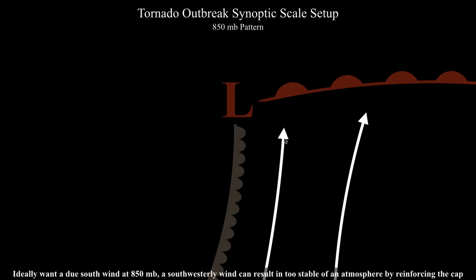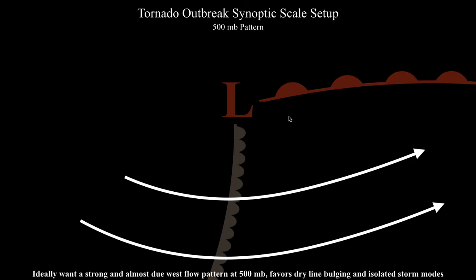So that's ideally why you want a due south 850 millibar wind as opposed to a southwesterly 850 millibar wind direction. And then at 500 millibars, ideally you want something that's either due west or maybe west southwesterly. And if you get especially a strong flow pattern at 500 millibars, then you're much more likely to get a dry line bulge. And again, we talked about this in Lecture 20,